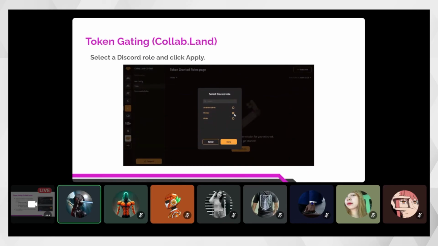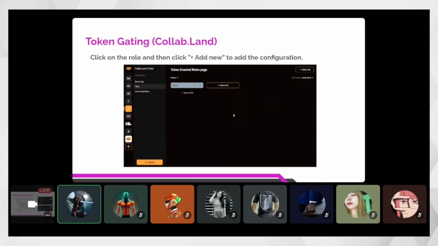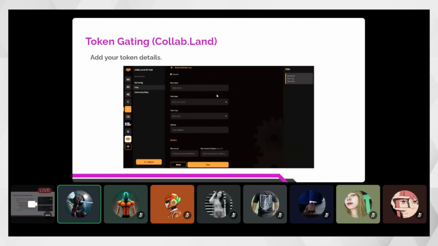So if you're going to only give access to NFT holders on your Discord server, use the member role. If, for example, you have a special role called holder, you can use that, depending on which role you want to grant coming in from token verification.